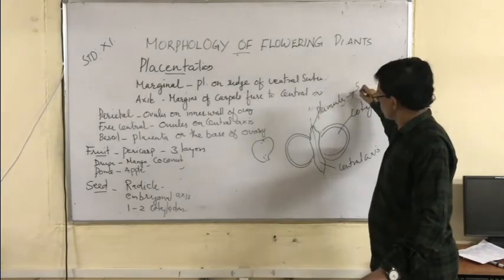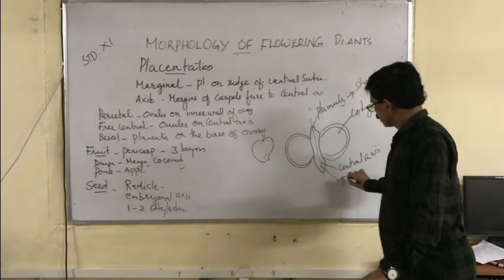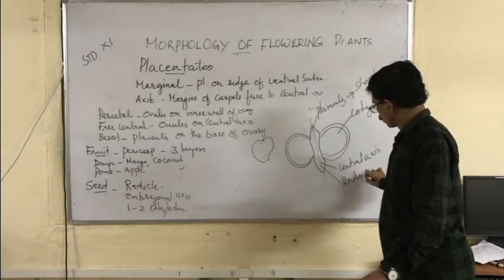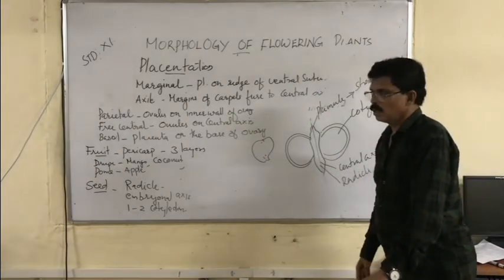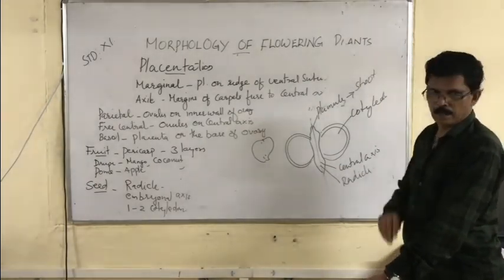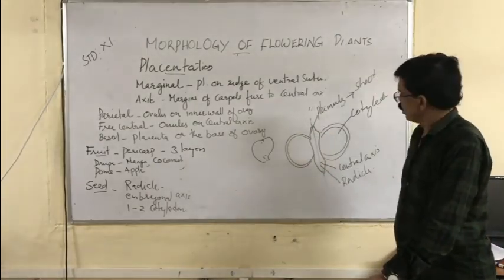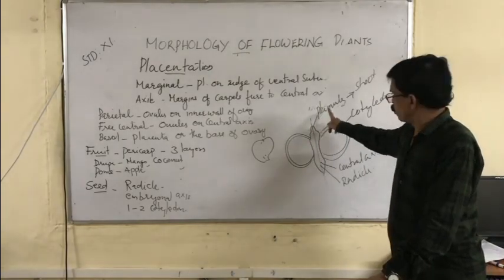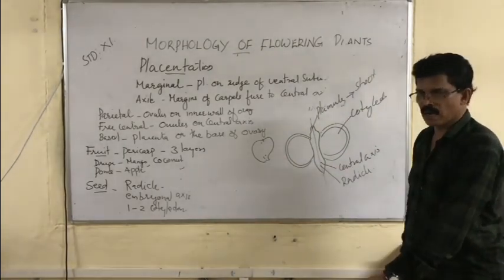Plumule develops into shoot. You all know that. And radicle is the lowermost part that develops into root. So what are the parts of a dicot seed? A dicot seed has three parts: two cotyledons, one embryonic axis, and one embryo. The upper part of the embryo is called the plumule, which develops into shoot, and the lower part of the embryo is called the radicle, which develops